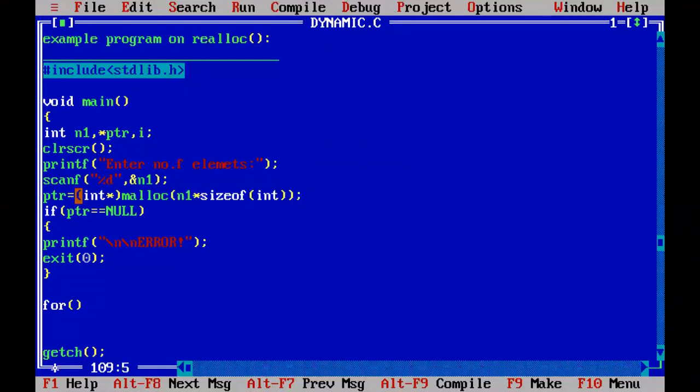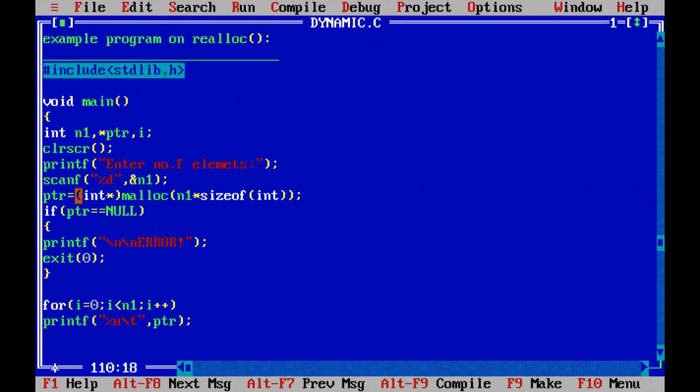So start the for loop and repeat it 5 times, starting with 0 and less than the number of elements n1, 0 to 4, and i plus plus. Whenever you are printing any addresses, use percent u and backslash t.